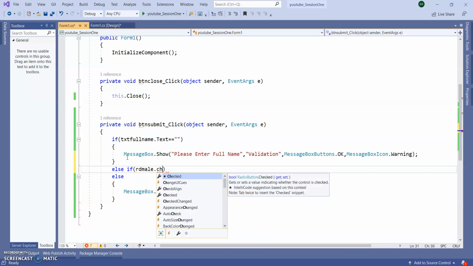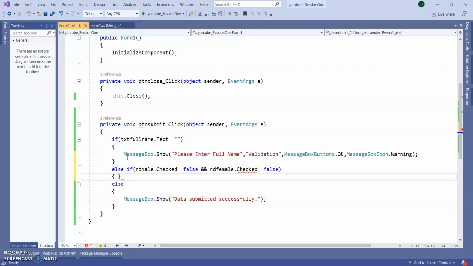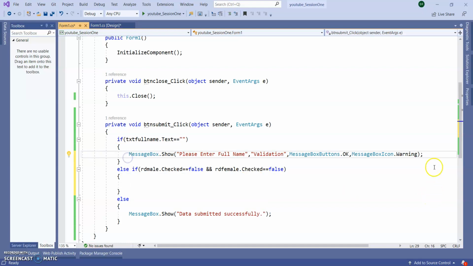rdmale.checked. Okay, radio button and checkbox have a property of checked equal to false, and rdfemale.checked equal to false. Then I'm just copy pasting the same thing, same message box here.